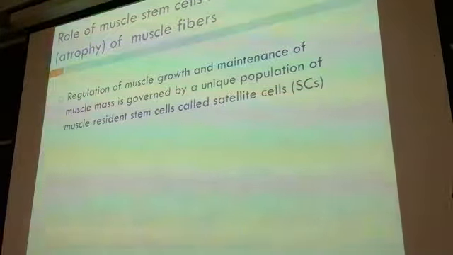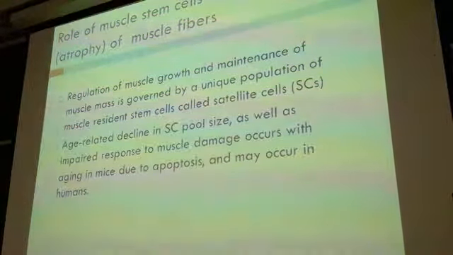How does the body try to maintain the size of muscle fibers, and what happens with atrophy? There is, as I mentioned, an important role of muscle-resident stem cells. The stem cells are really revolutionizing all of our understanding of organismal function, and that's true in the muscle as well as other tissues in the body. Muscle-resident cells are called satellite cells. Those stem cells have to regenerate muscle